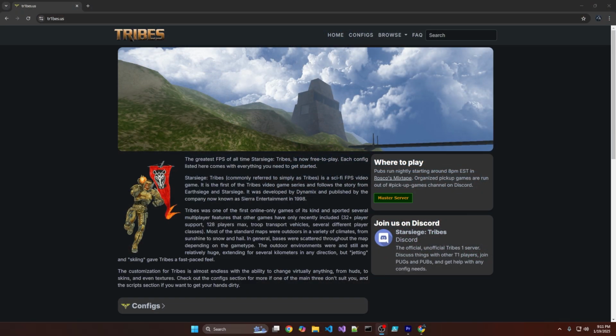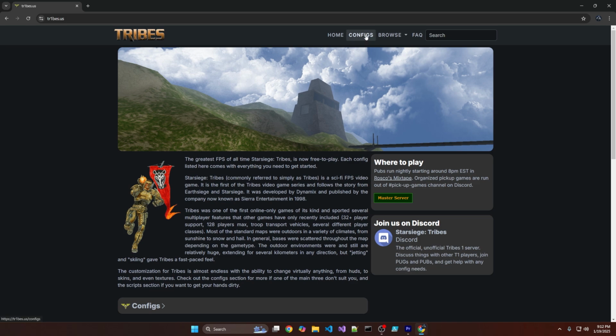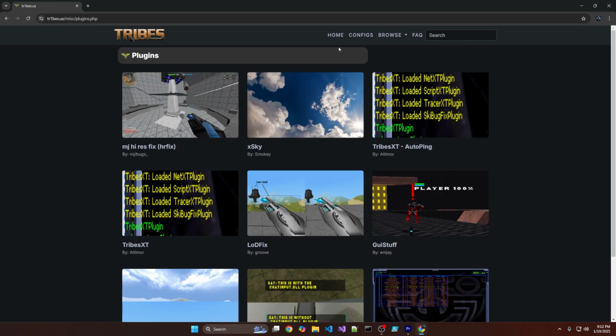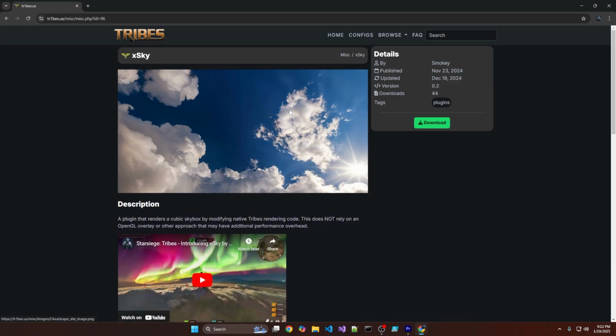Okay, so the first thing we want to cover is making sure that you have xSky. This is the plugin that will allow you to use the skybox. So you'll want to head over to tr1bes.us. When you get here, you'll want to go to Browse and then Plugins. From the plugins page, you're going to want to click on xSky, and you'll click this green download link